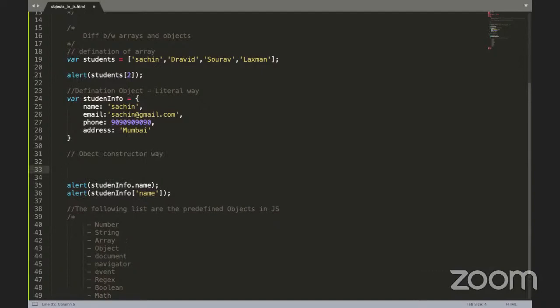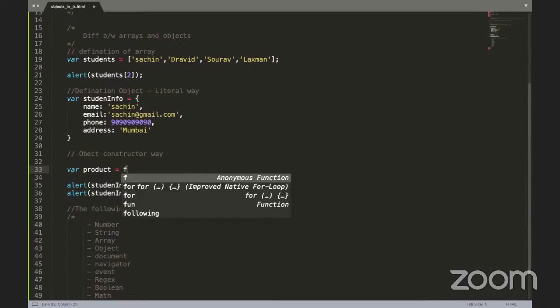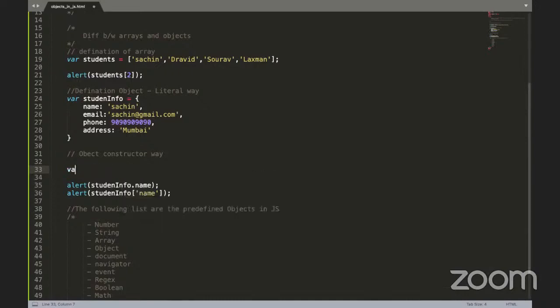Maybe I'm creating one more object, that is a product object. When you are working on an e-commerce application, you may have to create a product object with respect to the product information that you have to store in that object. Next, see here, instead of using flower brackets, which is the literal way, here we are going to use function. The constructor way of creating an object is